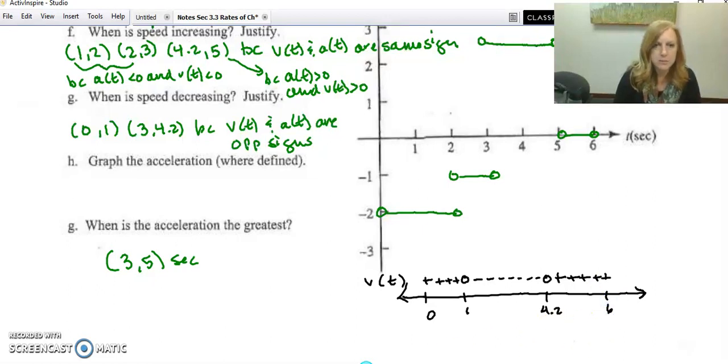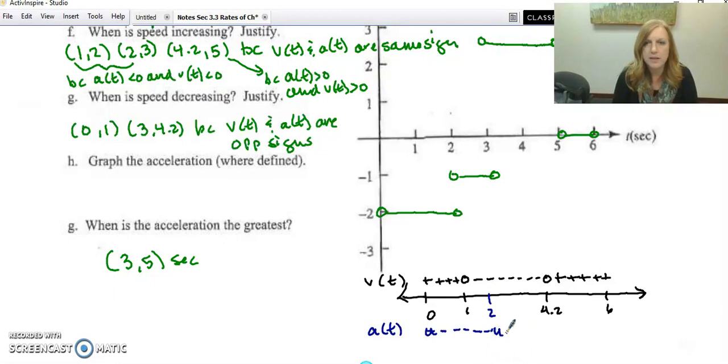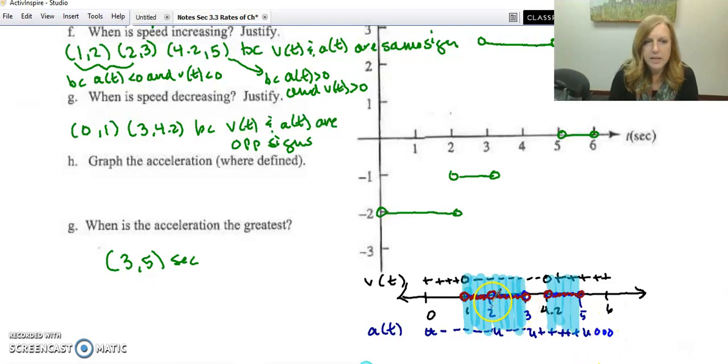And then I can also come in and I can do my acceleration and talk about positive or negative. That's negative. It's technically undefined there, all the way up until it gets to 2. And then it's undefined again. And then it's negative all the way up till we get to 3. And then it's undefined. And then it becomes positive all the way until I get to 5, which is undefined, and then 5 to 6. And then I highlighted on here whether the